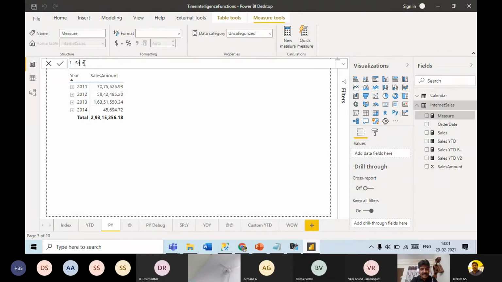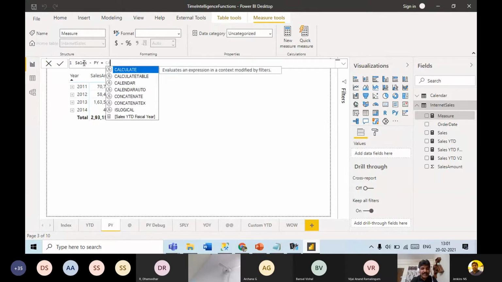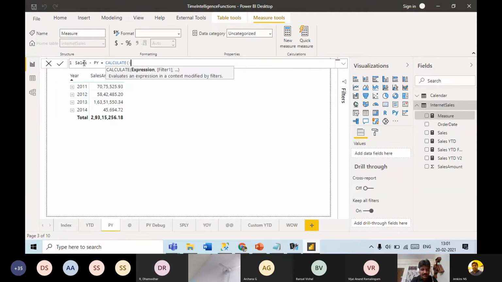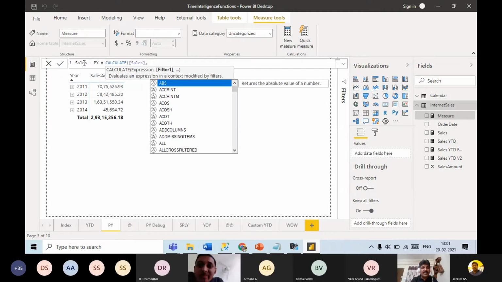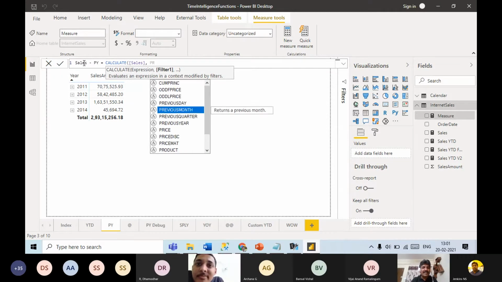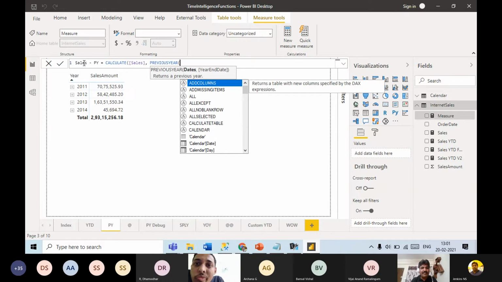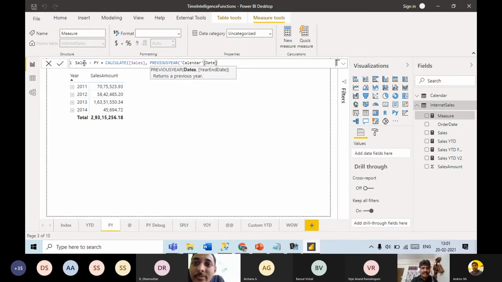So sales previous year. I'll do calculate. I'll leave sum of sales. One more time intelligence function is there, previous year, and here you can use calendar.